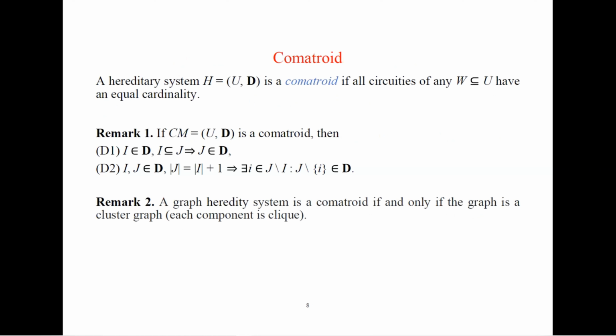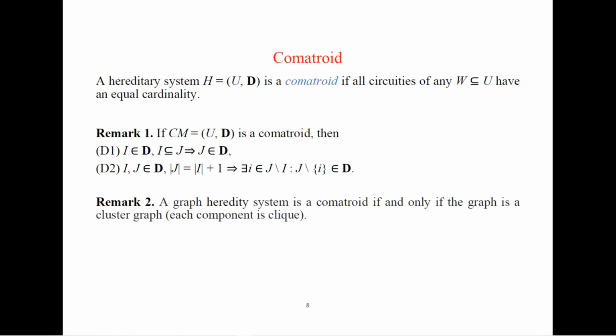I want to tell about one case of heredity systems. It's comatroids. A heredity system is a comatroid if all circuits of any V have an equivalent cardinality. From the other hand, we can say that a heredity system is a comatroid when, beside